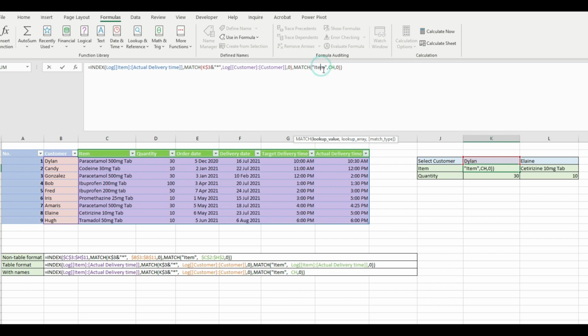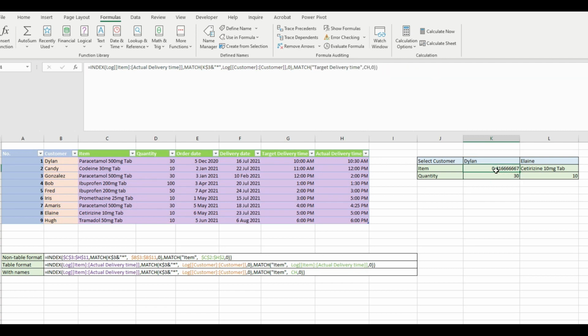So it's actually matching item to column headers. So instead of item, we actually want the target delivery time and actual delivery time. So we can either type in target delivery time here,